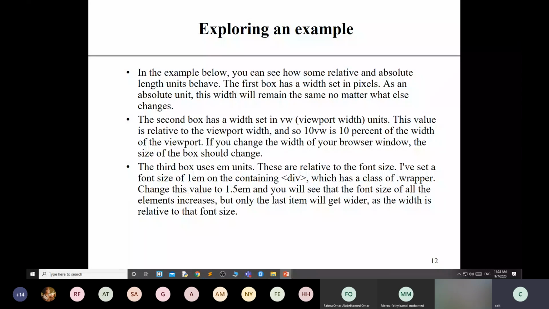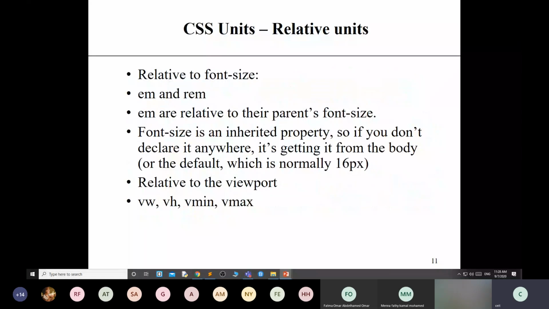These three units we will see: em, vw, and px. vw is the view width. View width is what? In which screen you are opening the page. That is the view window, and it will take that view window width.